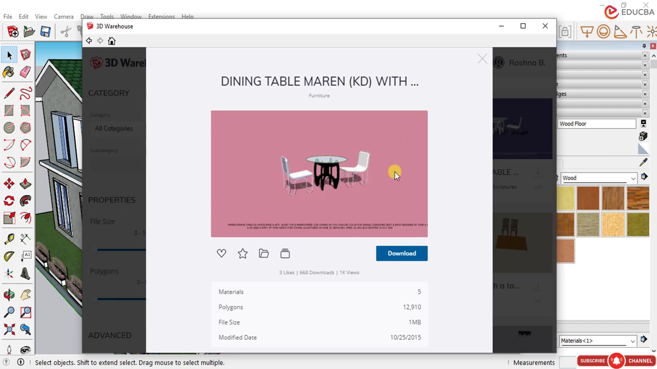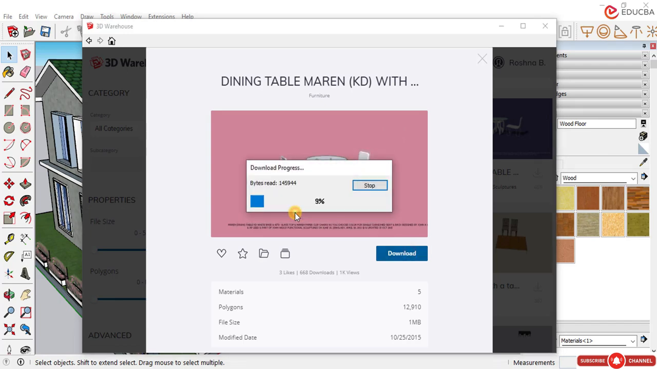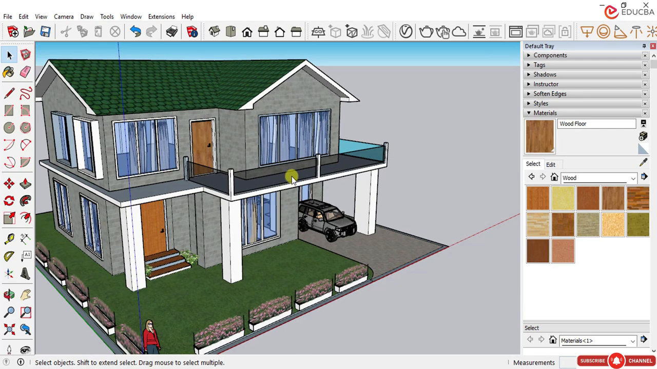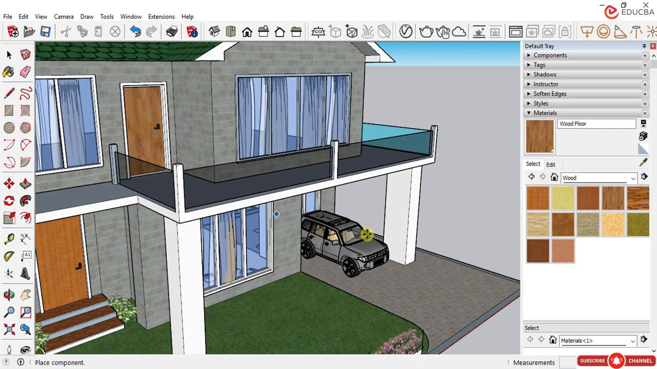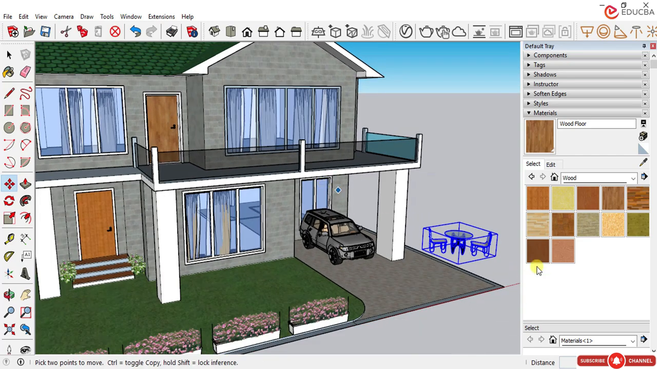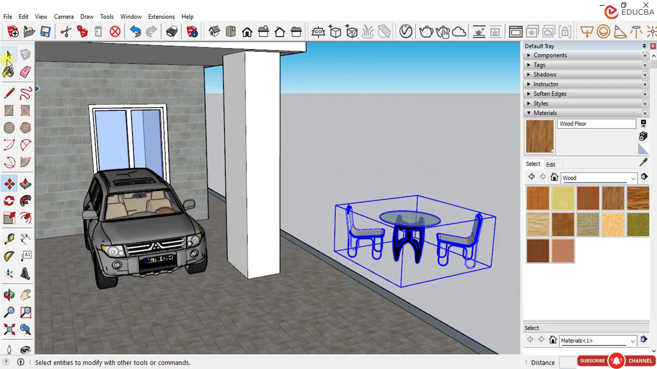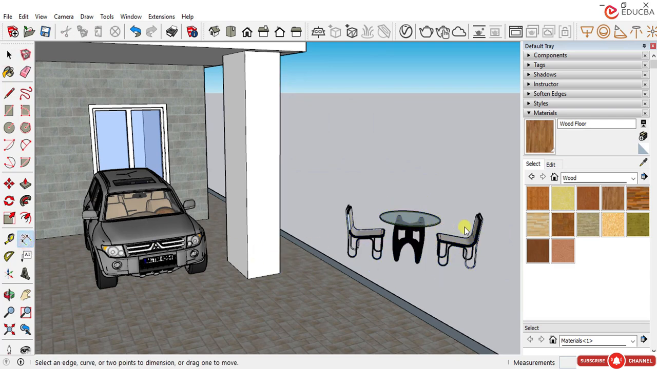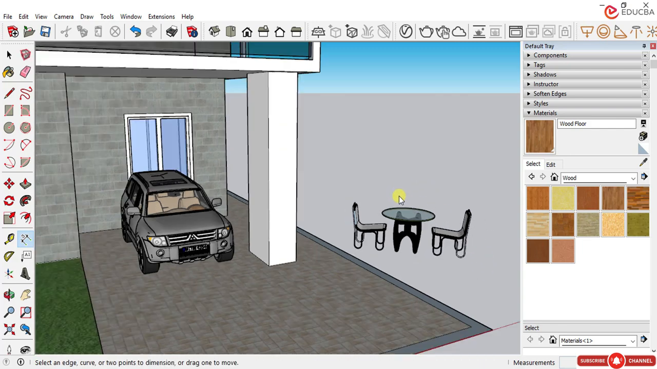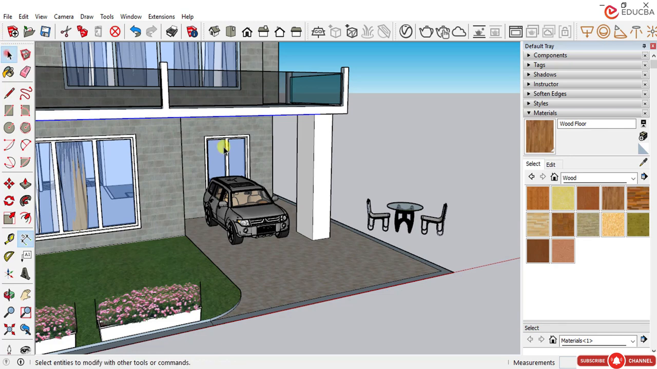or this one. Download, select, and we can easily see it like this. Now just check the height of the chair. If it is adequate height, then the chair is okay. So this height is 900, quite okay. Now just move this entire assembly